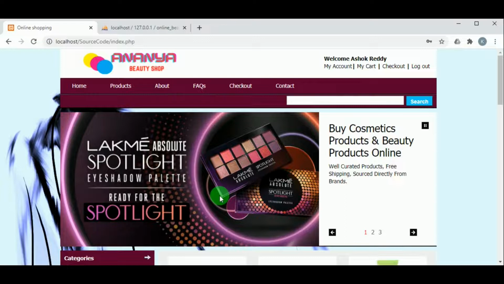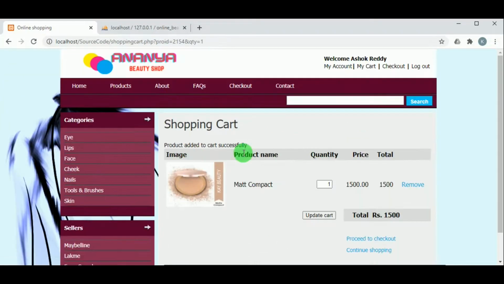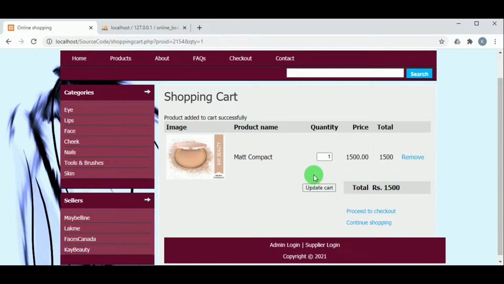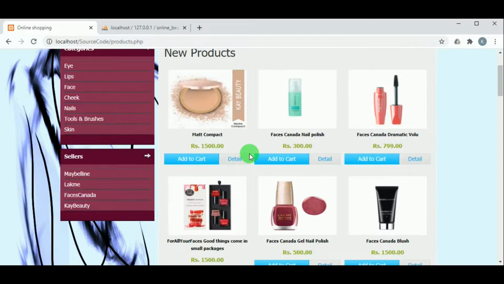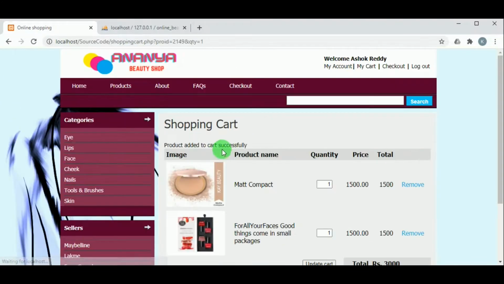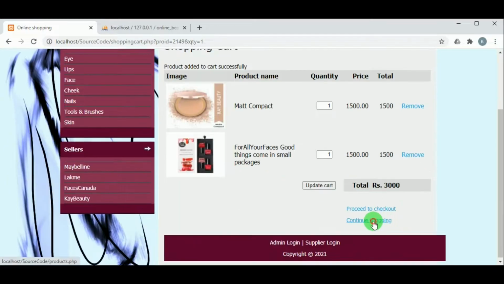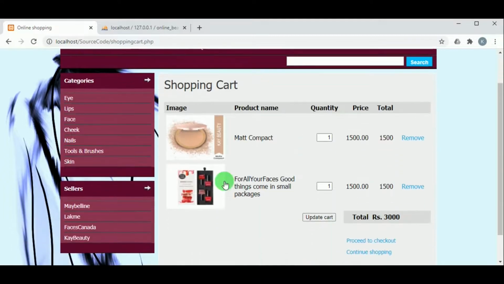Once the customer logs in, in products, he can view various different products of different sellers under different categories. On clicking on the product to add to cart, we can view that the customer has added the product to cart and he goes to shop again. And again he'll click on any product and it is added to the cart. Now you can see the total cost, and now if you click on my cart, here the products added by the customer to cart is available.